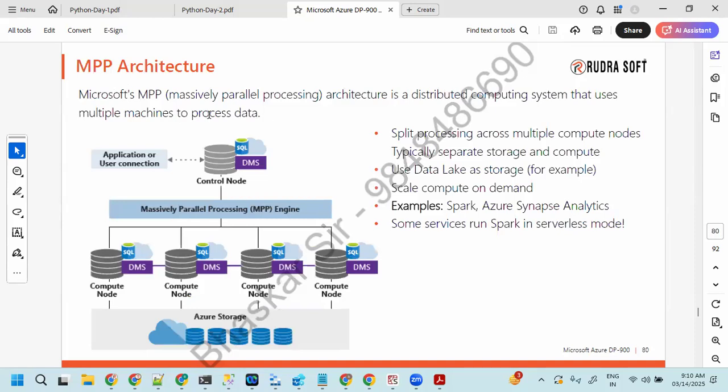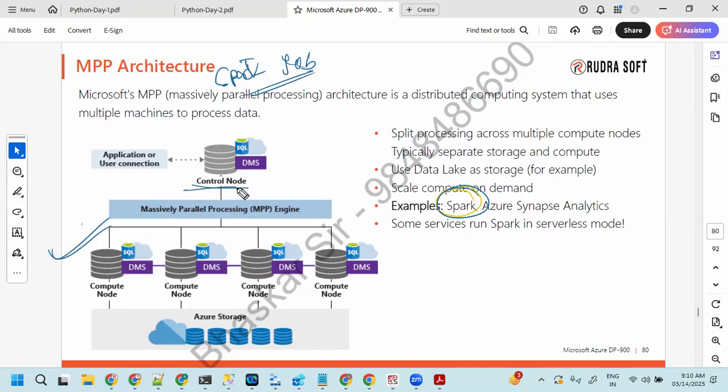And basically, Microsoft follows this MPP architecture, a distributed mechanism with distributed nodes. So what is the cluster and how is the cluster going to work? We are going to see it as part of our Spark. In more detail at the time of Spark, we are going to see how the cluster is going to be. This is one of the entry questions when you submit a Spark job. When you submit the Spark job, how does it start execution, and can you explain the components of the cluster? These kinds of questions are likely to be faced, but here it's not the right time to talk about it.